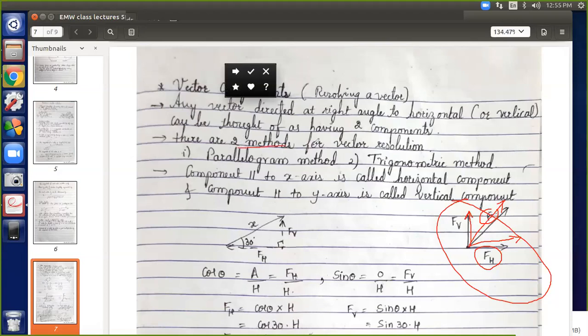Generally, there are two methods we use for vector resolution. The law of parallelogram, if you have studied it in vector addition, is one method we use, and one more is the trigonometric method. This method I am dealing with here now as an example. The component which is parallel to the x-axis, if you see, this is your coordinates, first quadrant, this is your x-axis. So a line which is parallel to